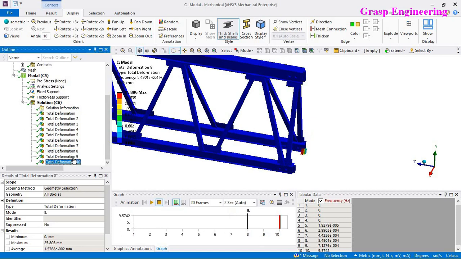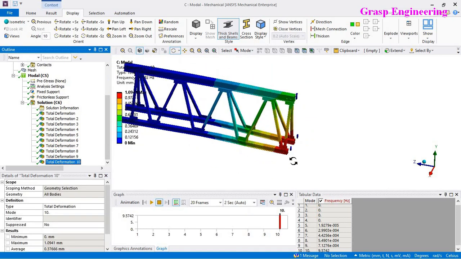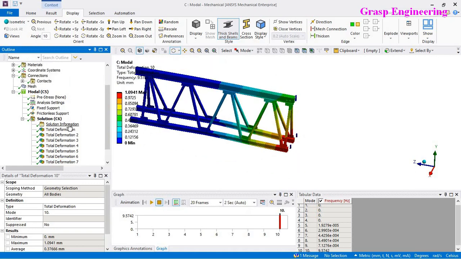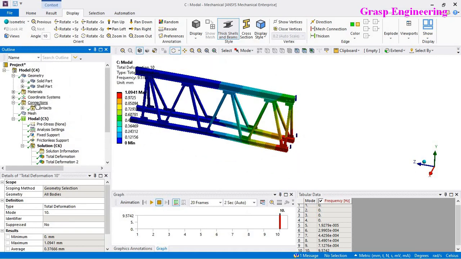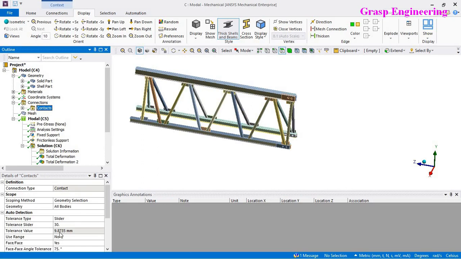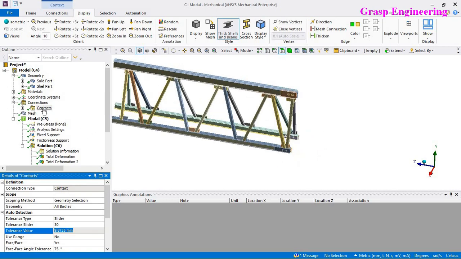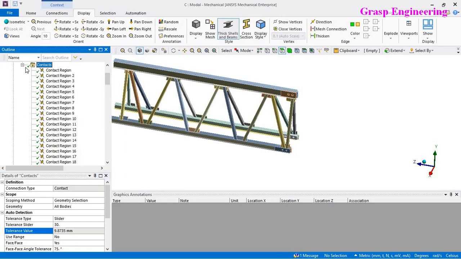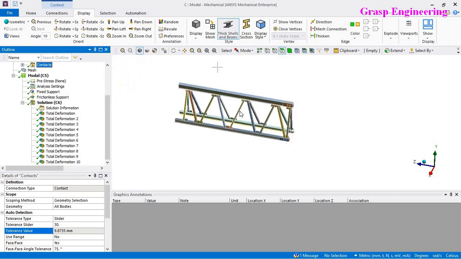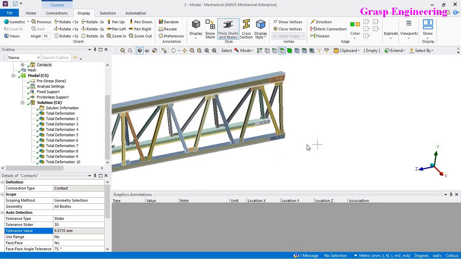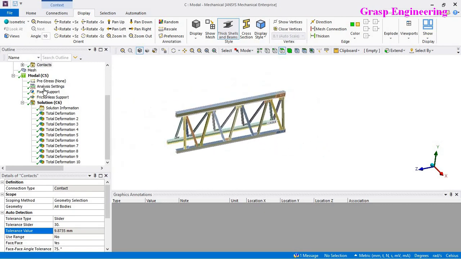So if you remember, we discussed the auto contacts. When you create the auto contacts, they act based on your tolerance values. So right now you just need to increase the tolerance value so that this contact will close. I will always suggest that though you have created auto contacts, the best practice is to visually check the contacts and cross check with the auto contacts, or simply delete all the auto contacts and then create manual ones when you have big assemblies.